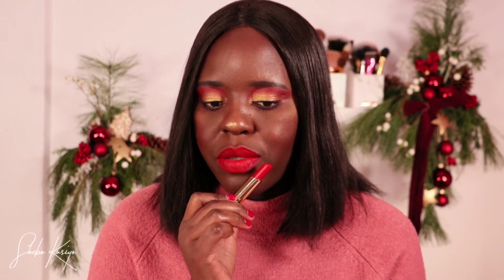It almost reminds me of one of my Essence lipsticks that I have. I think that was from their advent calendar or something. It's a beautiful red color, very creamy, very comfortable, and you just cannot complain about this shade, you guys. Wow, almost every color that I've tried, they just do you good. No complaints at all. So I love this red shade over here. Beautiful, and it suits me, and I just love the tone of it. So yeah,